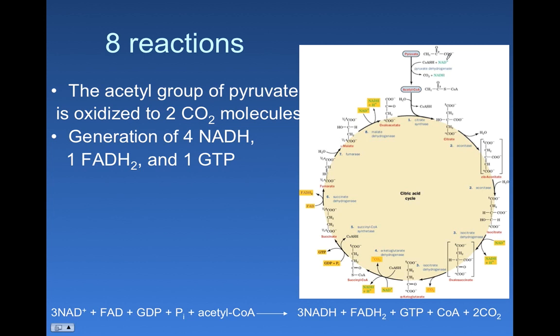However, in order for the carbons of pyruvate to actually enter these 8 reactions of the cycle, they first have to be converted to acetyl-CoA. And so what we're going to talk about today is what I think of as reaction 0. And that reaction is catalyzed by an enzyme called pyruvate dehydrogenase, and it's really the pyruvate dehydrogenase complex that is